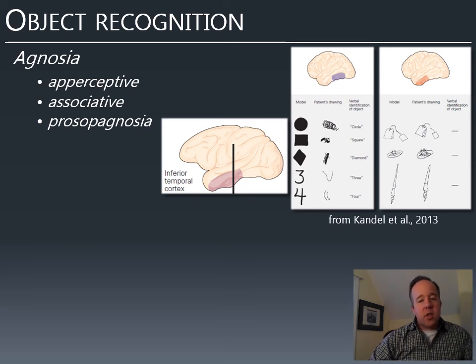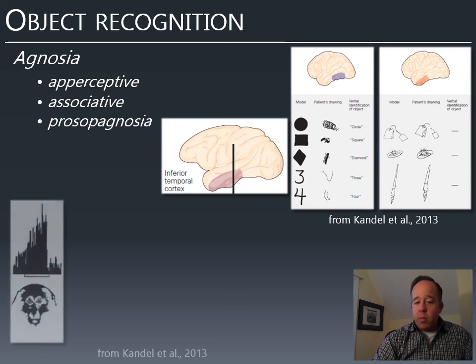But if you're given just a still image of the face, if you have prosopagnosia, you cannot identify that face. You don't know who it is. You have to wait until they speak, until you see more of their hairstyle or their body, for example. And if you look at a monkey at a particular part of the temporal lobe, there is an area that